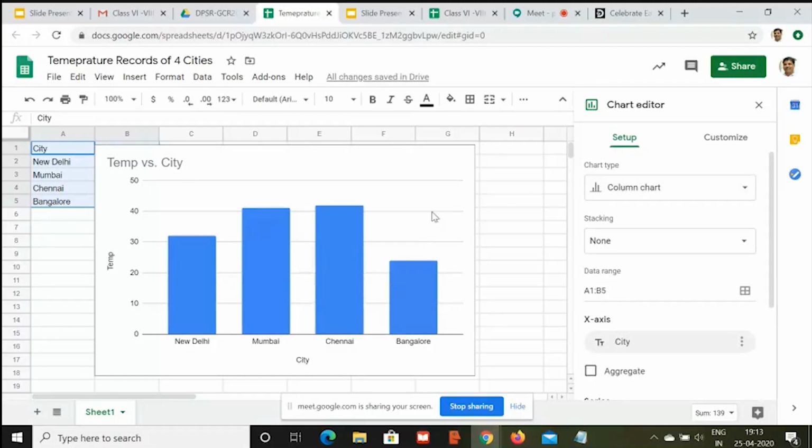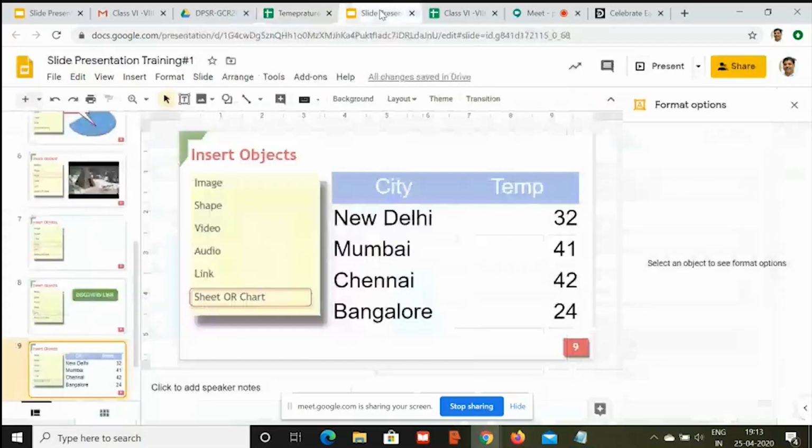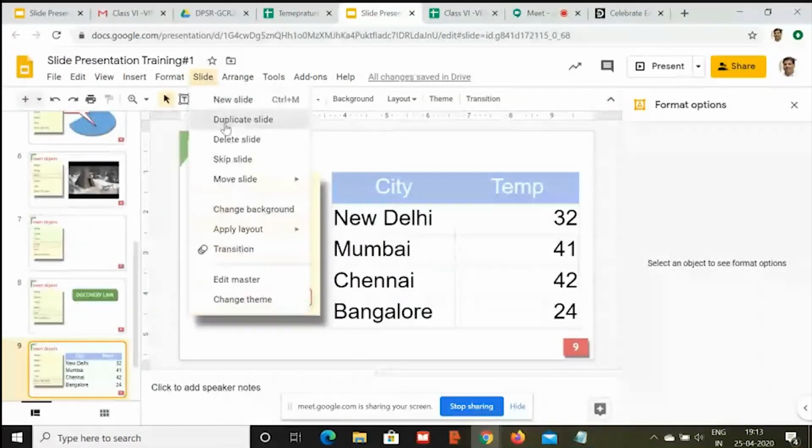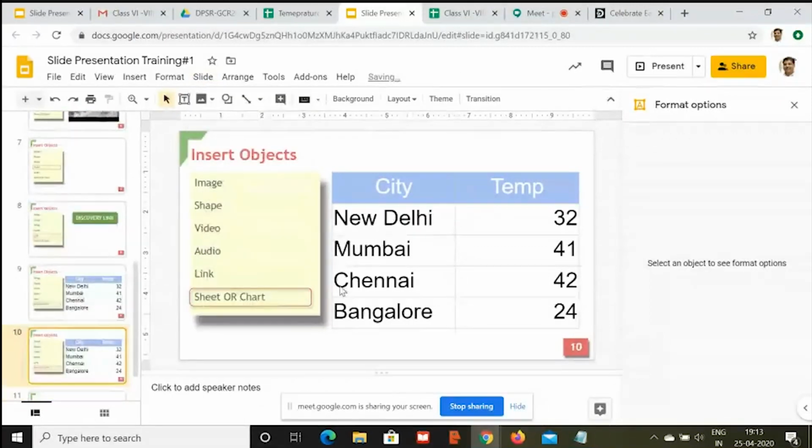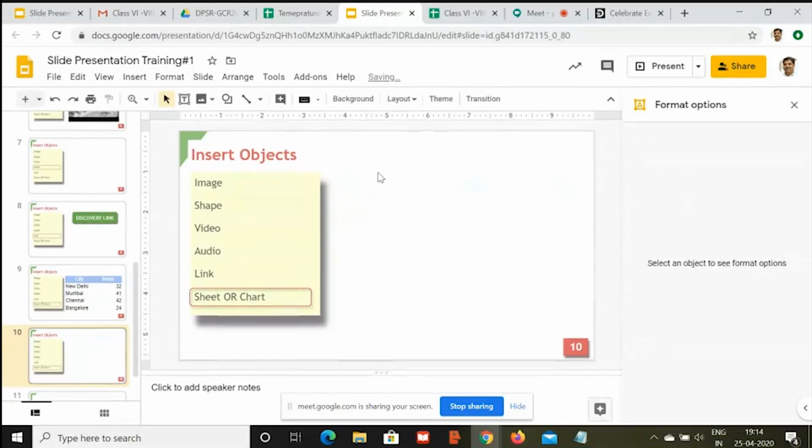What I will do, I'll select this chart, the entire chart from here, press Ctrl C and go back to my slide presentation. Make a duplicate copy of this and then remove this from this particular sheet. So I deleted this and here I press Ctrl and V together.